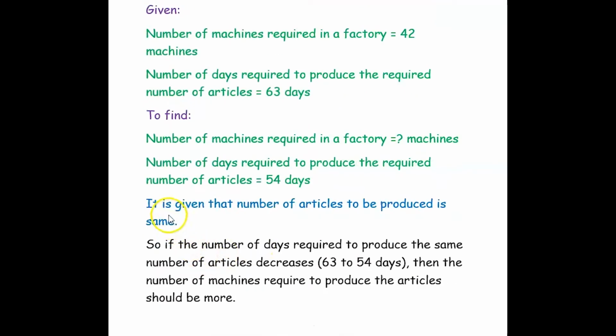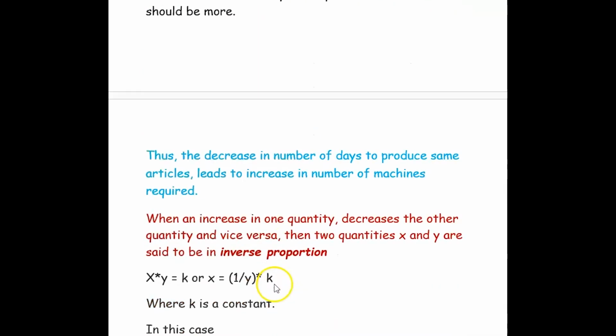So from the question, we can see that the number of articles to be produced is the same. So we are changing the number of days and the number of machines. Here in this case, the number of days required to produce the same number of articles is decreasing. First they have given 63 days. Now it's reduced to 54 days. So now the number of days is reduced, so the number of machines required to produce the same number of articles should be more. Then only you can produce the same number of articles. So the decrease in number of days to produce the same number of articles leads to an increase in the